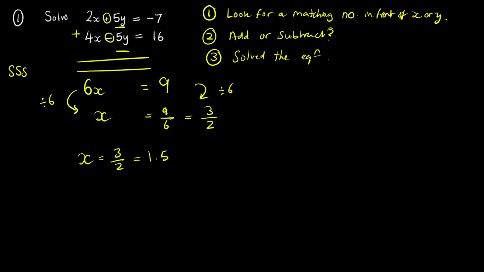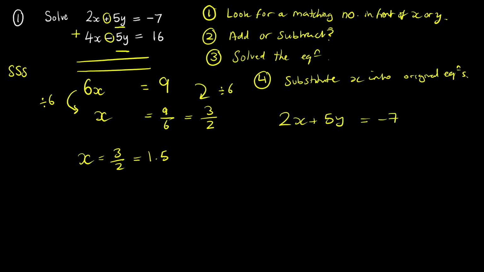We're not done yet though. We've found what x is, we've not found what y is. So our fourth step is then going to be substituting x into one of the original equations. Okay, so I'm going to put it into the top one, which was 2x plus 5y is minus